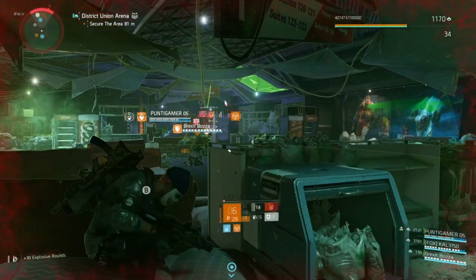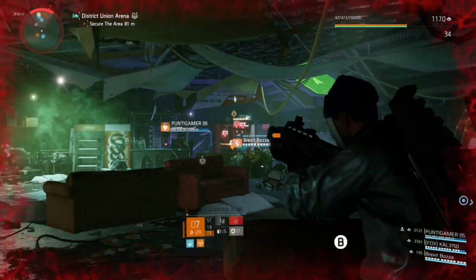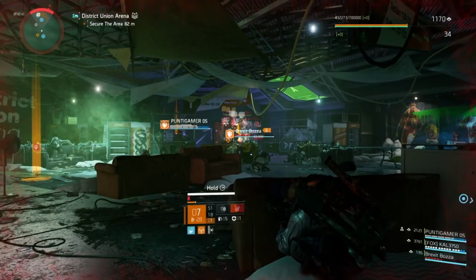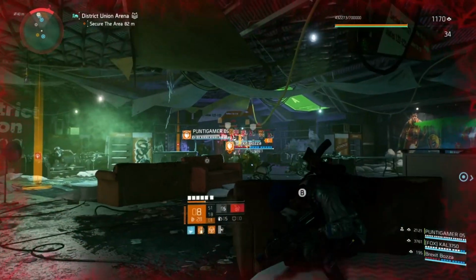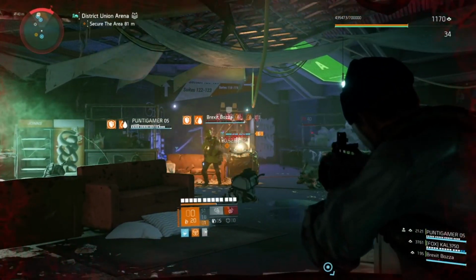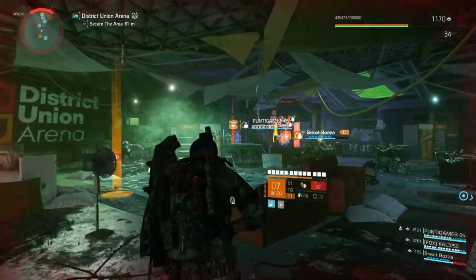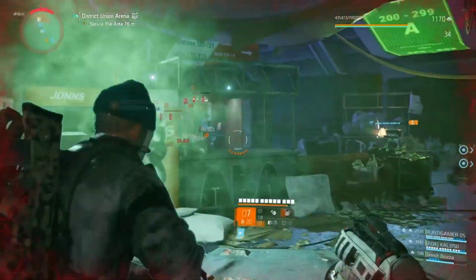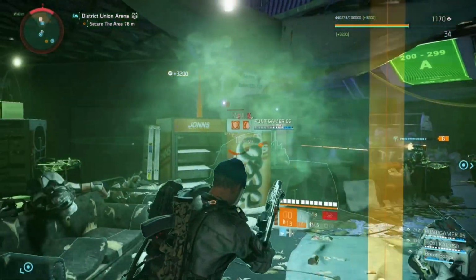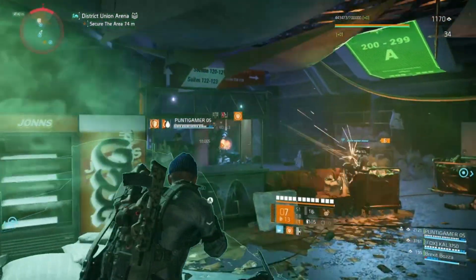alternative to Eclipse Protocol. What you're going to get with this build is fantastic status effects. You're going to get some really nice damage as well, and of course, crowd control. I like this build. I think this build is sensational, and you must have it in your loadouts. It is that good. However, it is a little bit different from the norm, and a lot of people will not use this. They will stick to Eclipse Protocol, but I implore you to test it out in PvE and